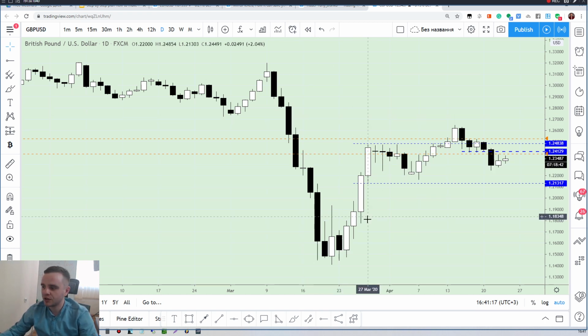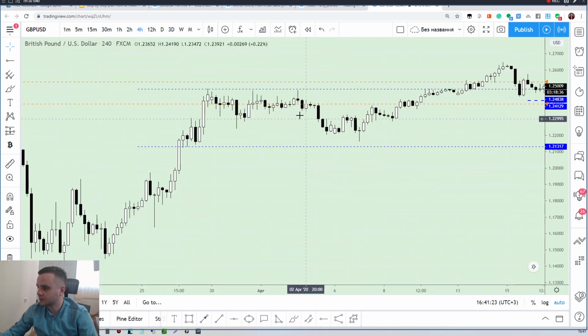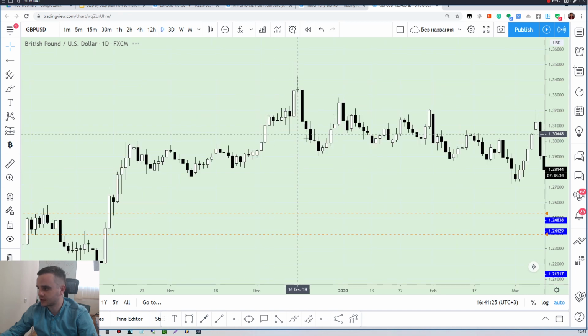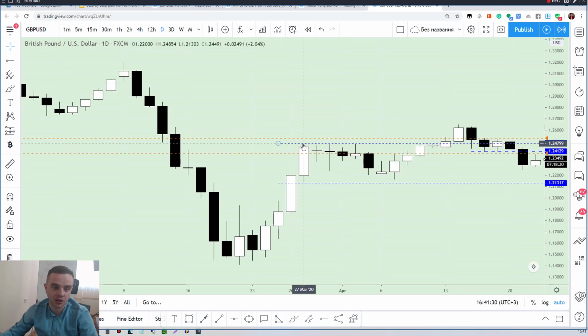First, I would like to share with you an example of how I trade mirror level on this instrument. Take a look here. We had a key level. As you can see, I built this key level on the daily chart, and always you need to build key levels on the daily chart. Here, the next one, as you can see, key level on the daily chart.